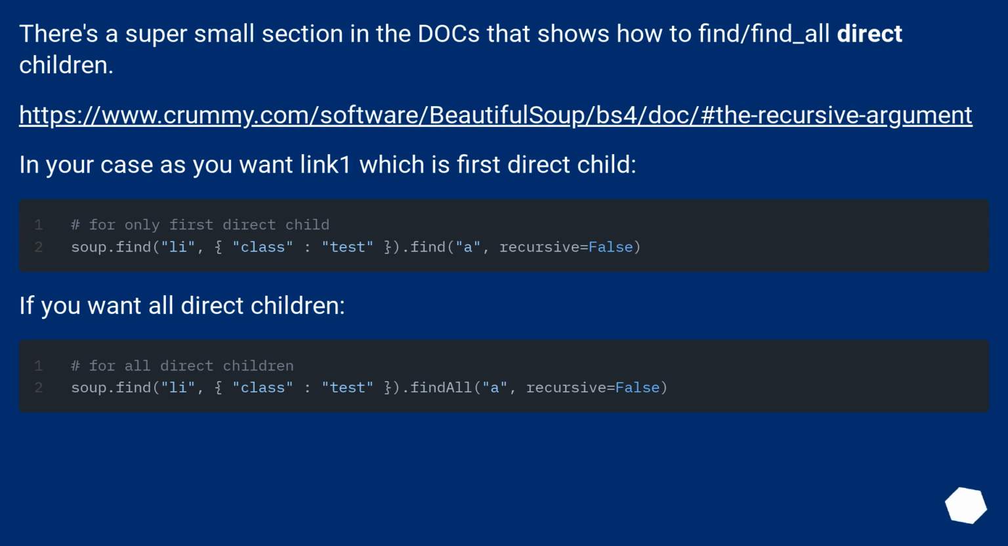There's a super small section in the docs that shows how to find/find_all direct children. This URL. In your case says you want link 1, which is first direct child. If you want all direct children,